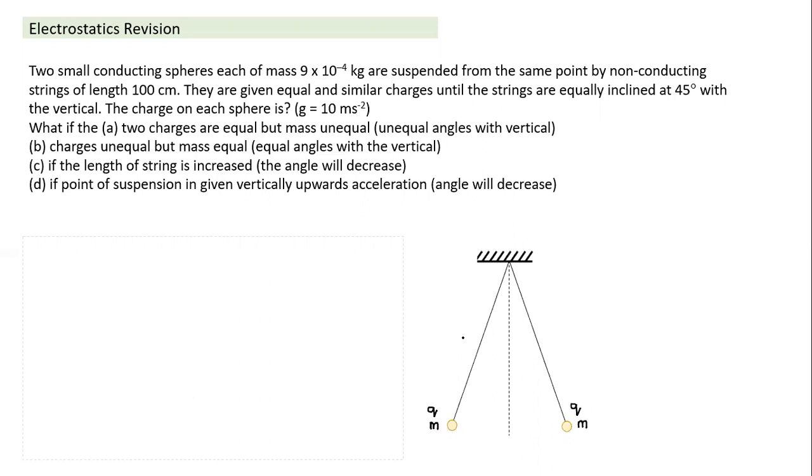They are suspended with strings of equal length, and when we suspend them, they come into equilibrium at a particular angle theta here. How are all these parameters related? If it is in equilibrium, it means this particle is also in a state of equilibrium. Net force must be equal to 0. So let's analyze this as a system here.